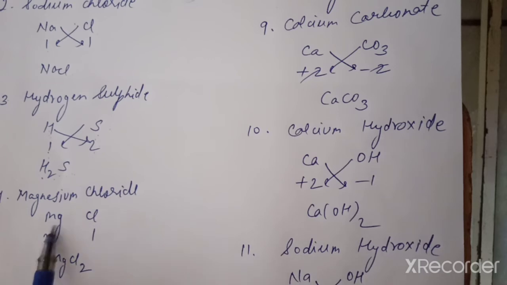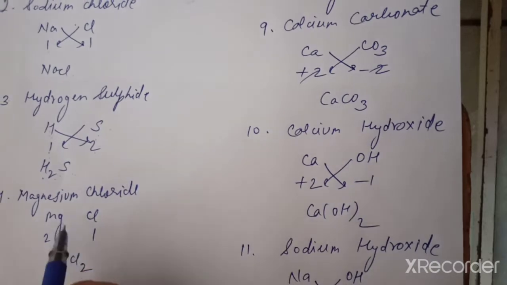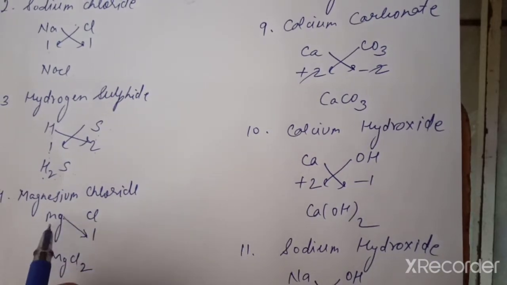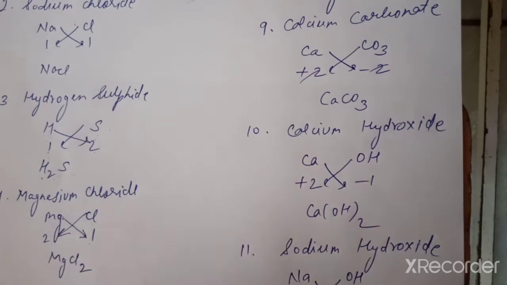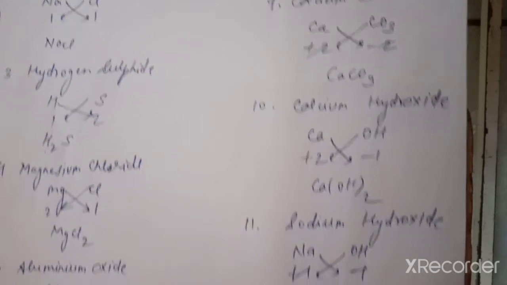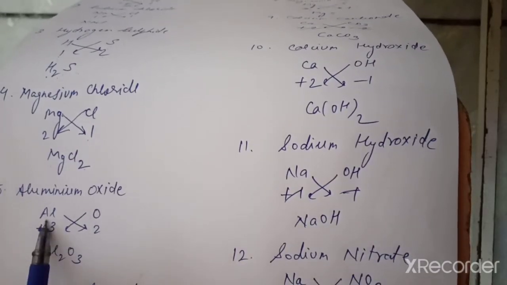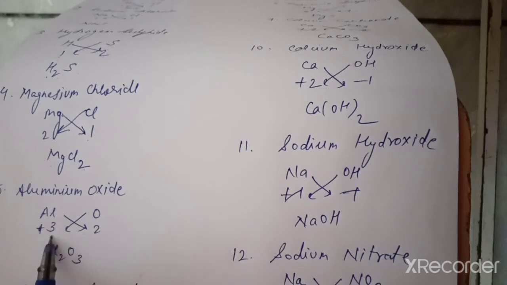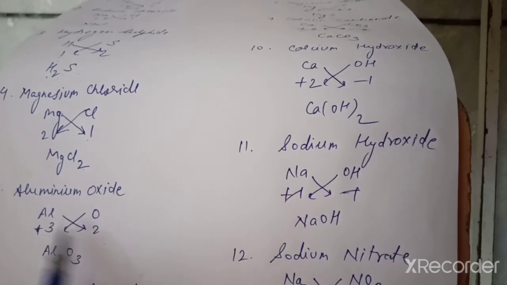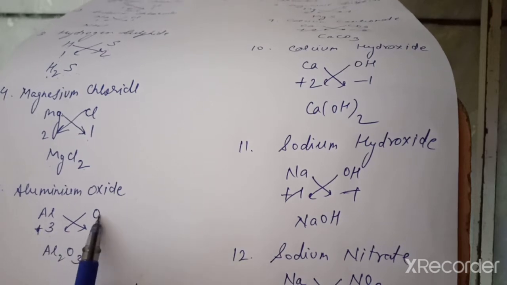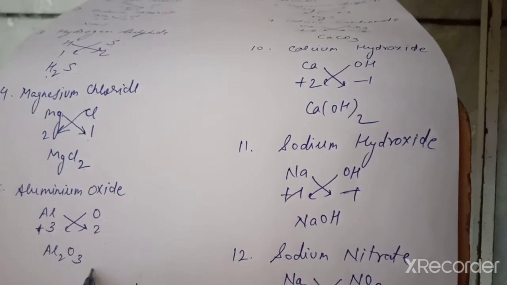So H2S is the formula for hydrogen sulfide. The next, if you consider, is magnesium chloride, Mg and Cl. Mg is 2, chlorine is 1. So when you do the crisscross, Mg will be written with 1 and Cl will be written with 2. Mg will not be written with 1 because it is understood when it is not written, it is 1, and Cl will have 2. So we'll write MgCl2. Now the next, if you consider, is aluminium oxide. Aluminium is Al, oxide is O. Aluminium's valency is +3, oxygen is 2. So on the crisscross method, below Al we will write 2 and below O we will write 3. So the formula will be Al2O3.